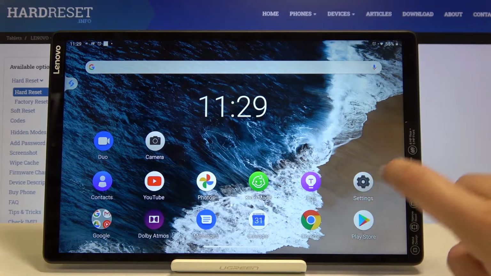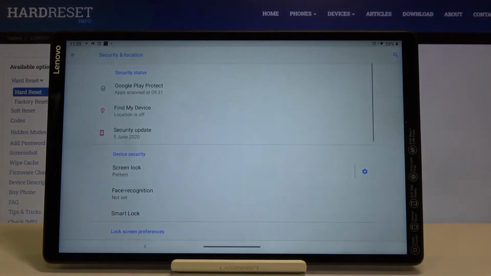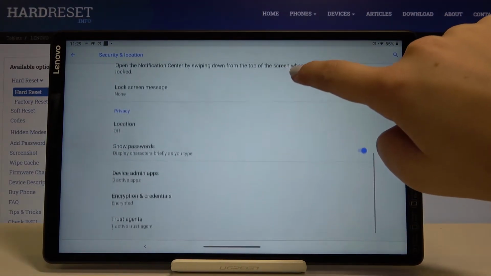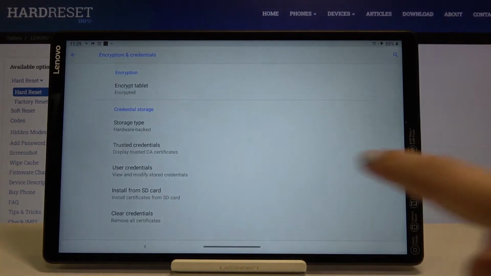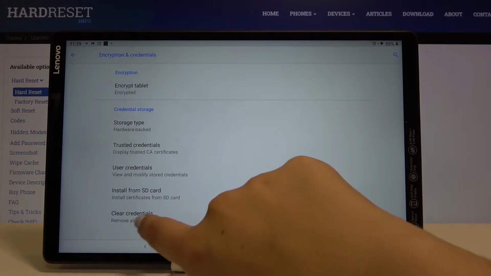So first of all, let's get into the settings. Here let's choose security and location and scroll down to the encryption and credentials. Now at the very bottom of the list we've got the clear credentials option, so let's tap on it, and